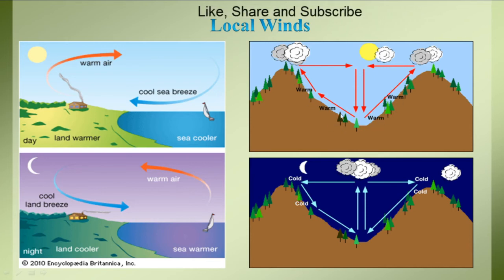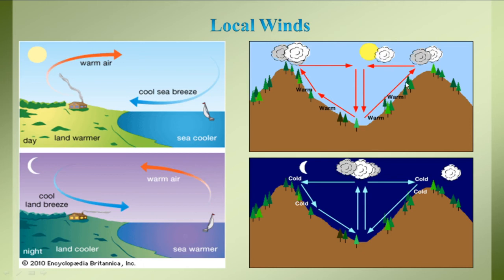As this surface becomes warmer, the motion of air goes on the upper side, because the warmer air, as it flows, is absorbing the heat. As the air absorbs the heat, its density decreases and simultaneously its volume also increases. So likewise this air flows on the upper side, and the cycle goes on over here. The colder air goes downward and the warmer air goes on the upper side. So likewise these winds occur on the mountain side. These are also called local winds.